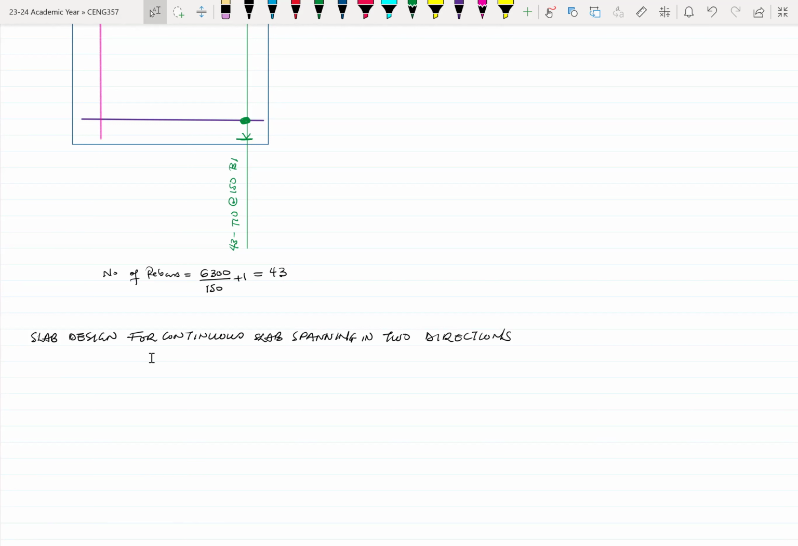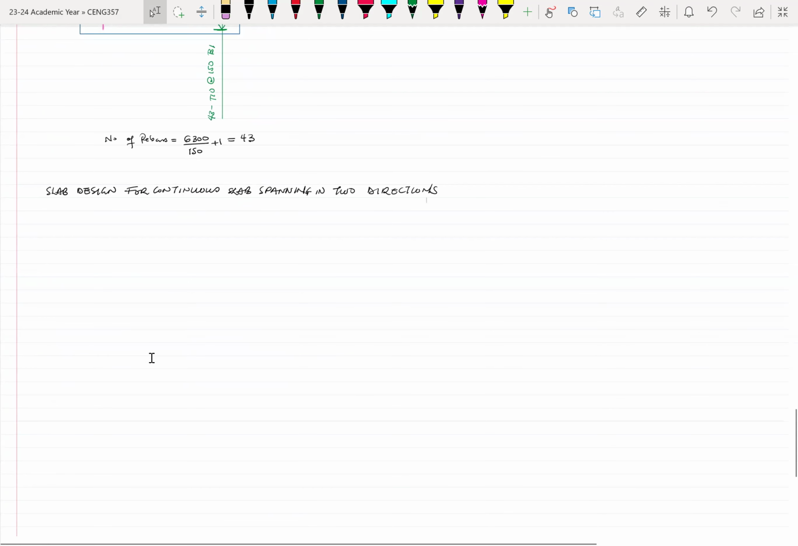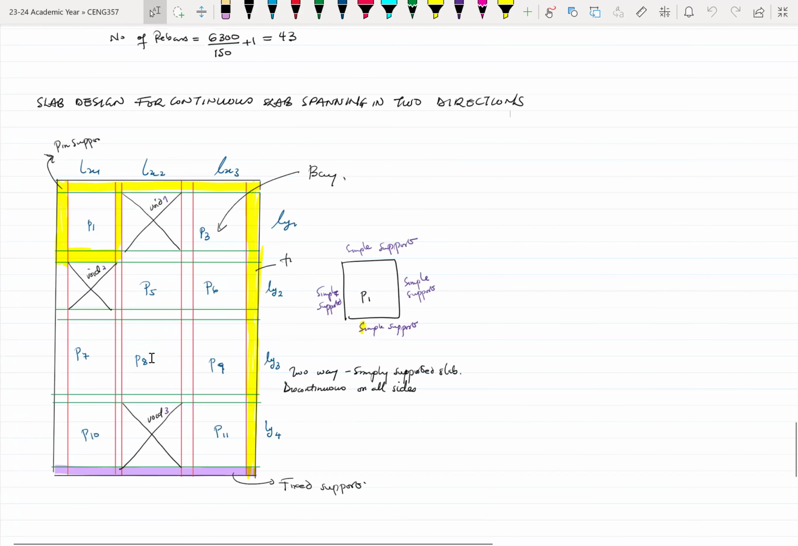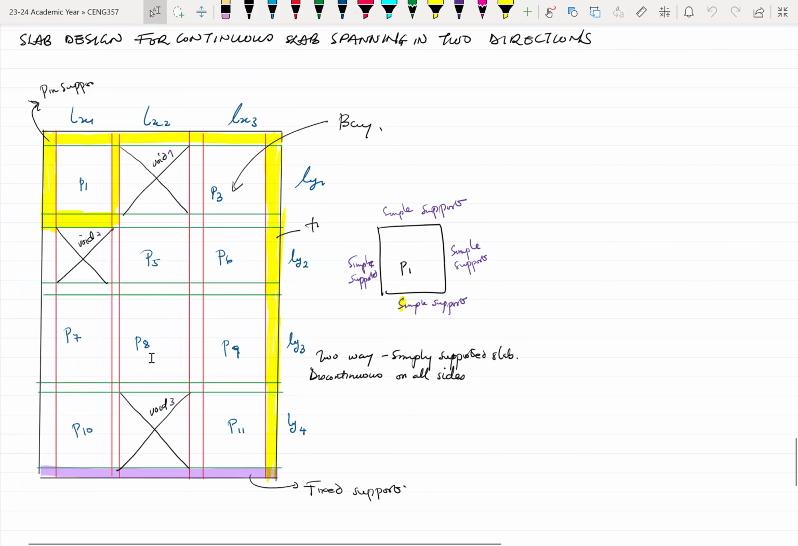So I'm gonna bring this panel. One of the important things we looked at in the previous discussions. I'm gonna bring it up again just as a refresher. Okay. So when we are looking at continuous or slab spanning in two directions, all right. So for example, if you look at